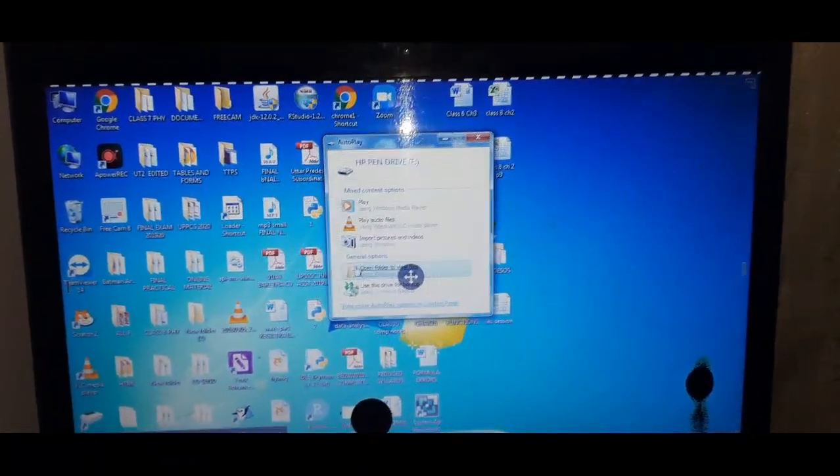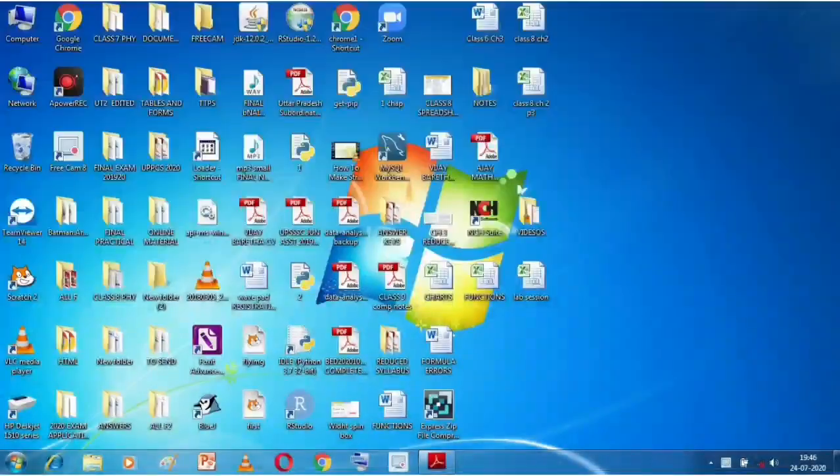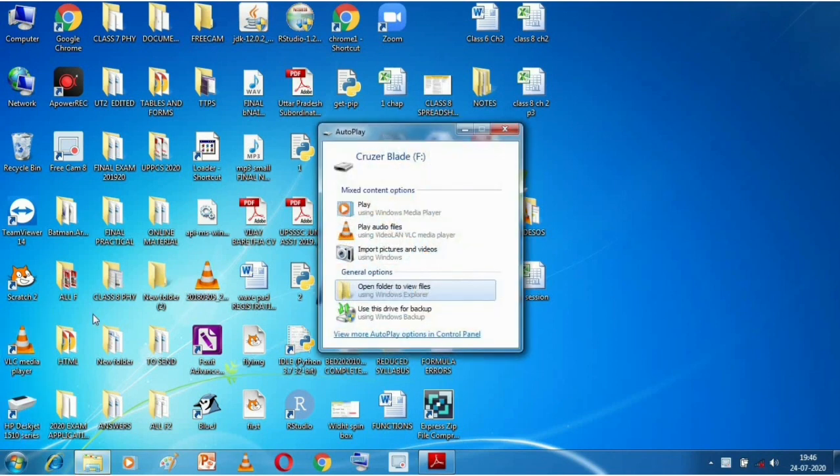So students, after inserting the flash drive, this autoplay dialog box has opened, but we don't need to perform our activity from this. Autoplay means that if audio files, video files or pictures are there, I can click from here directly and it will play whatever contents are there. So I don't need to use this.